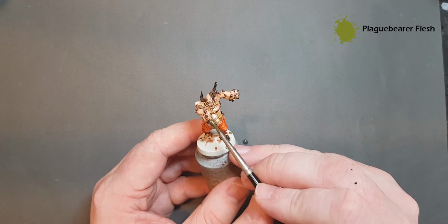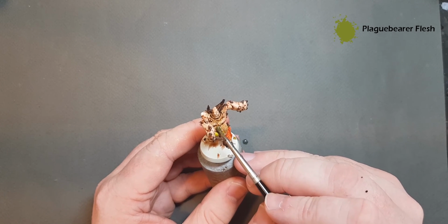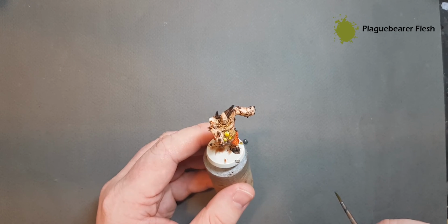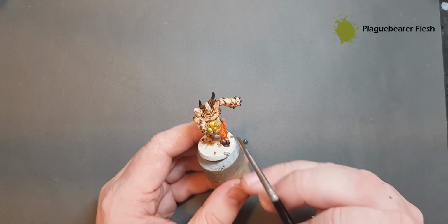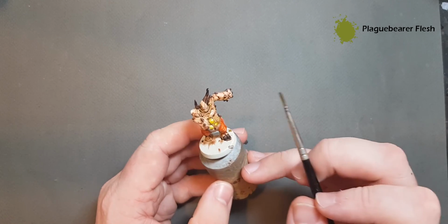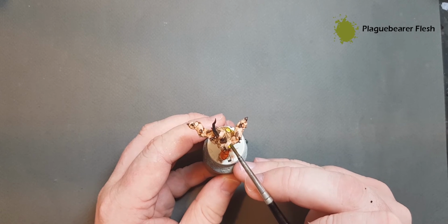So we've got these pussy bits on the stomach. Just tap it in there. It makes it look a little bit radioactive, I guess, doesn't it? But that's fine, because this is a denizen of Nurgle. He's a Poxwalker. He's a plague disease carrying ex-human. Let's just work your way around all the bits where we put that